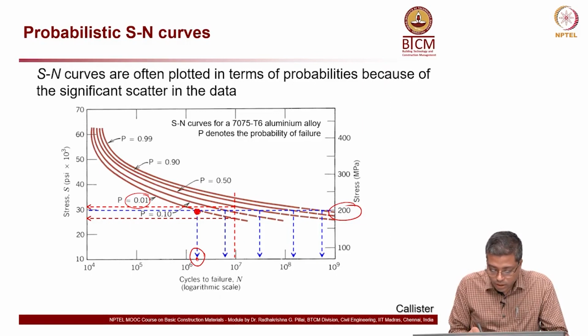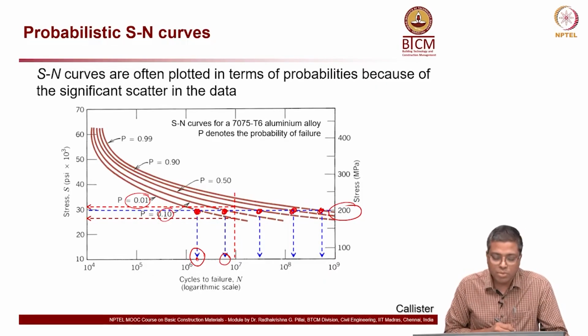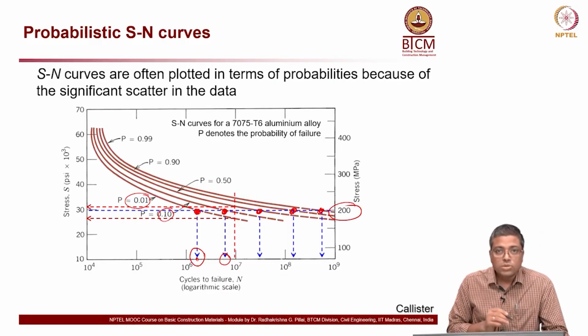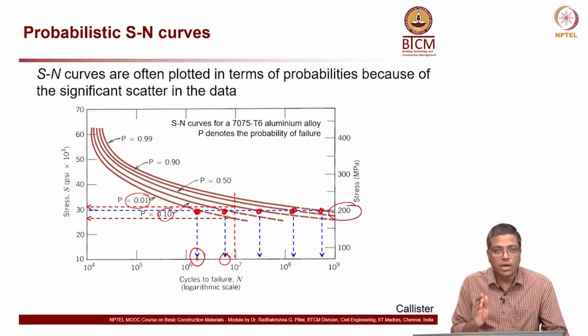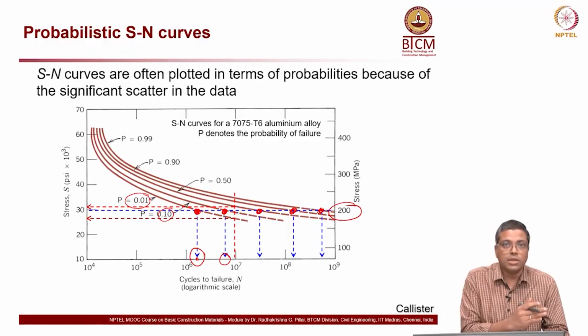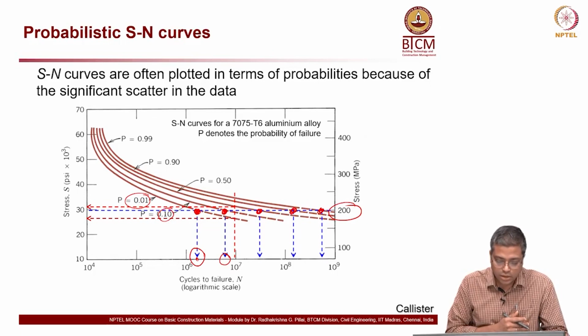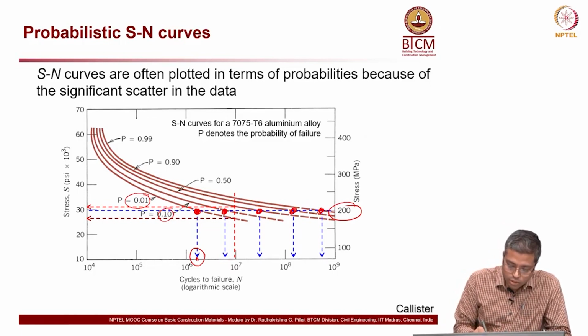If the number of cycles is here, then the probability of failure is 0.1. I mean the second curve here, this point. Like that, I can find the probability of failure corresponding to different numbers of load cycles. So, when it reaches a particular load cycle, I know how seriously I should take care of repair activities or other maintenance activities or retrofitting, so that I can still bring the probability of failure down. Okay.